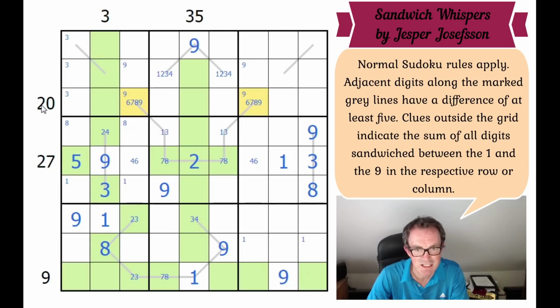20 must be at least a 3-cell sum. So whichever one of these happens to be the 9, you can never put a 9 in those 3 squares. So they all have to be green. You can never put a 1 in one of those 3 squares. I'm not sure if I said 9 in one of those 3 squares, but you can never have a 1 in one of those 3 squares. So the 1 now,